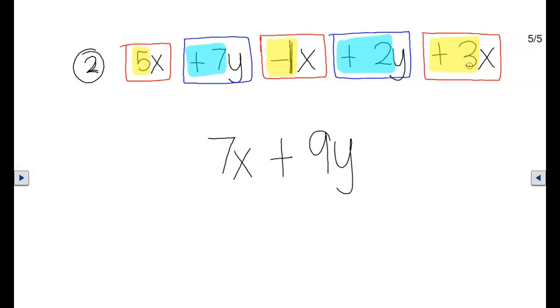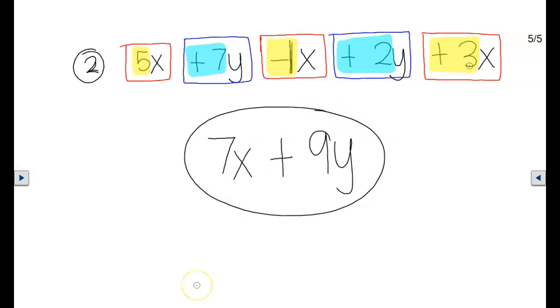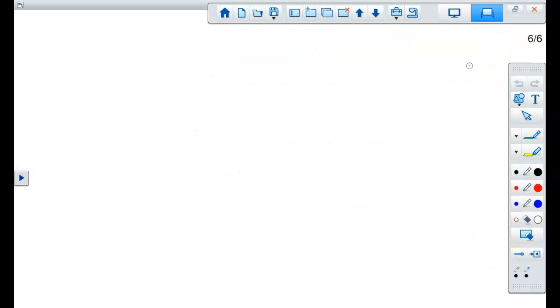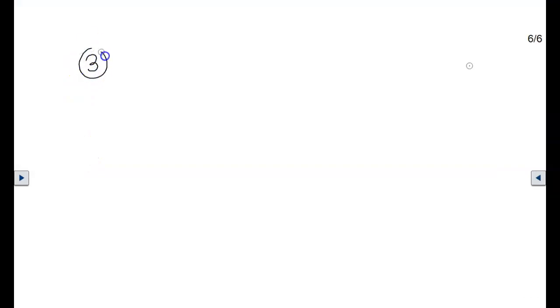So notice in this problem that when I combine the terms that are like terms, I end up with 7x plus 9y. I have gone from having 5 terms down to just 2. So this is making things simpler for us. You will use this skill a lot this year, so please make sure you understand it. All right, next up,